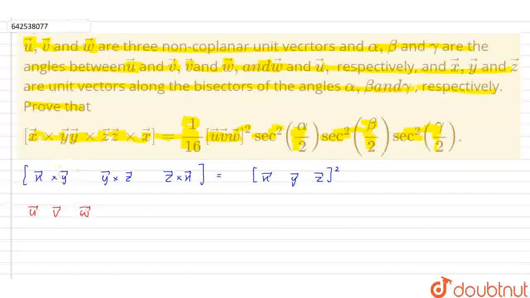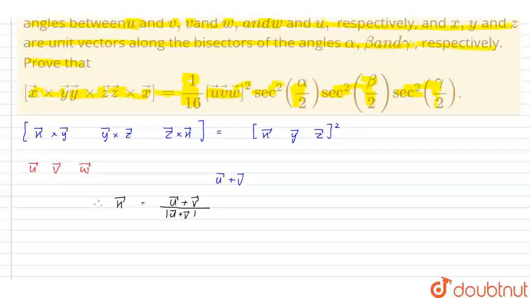So an angle bisector of the angle of the vectors u and v can be taken as u vector plus v vector. Therefore, the vector x will be u vector plus v vector divided by the mod of u plus v. So finding out the mod of vector u plus v, we get